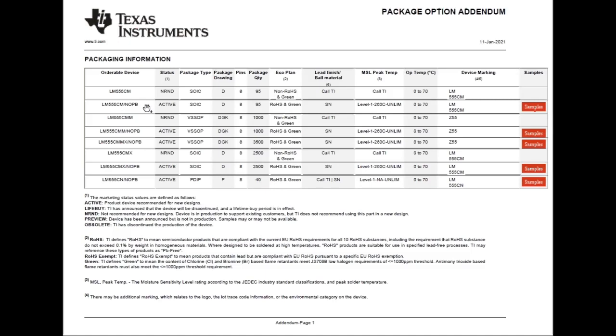If we are going for an SMT component, the part number for the SMT component could be this, like LM555CM, it is active, and the package is SOIC. If you are looking for a different package, we can see the different package. Every combination gives a unique orderable part number. You can find other details as well, such as the package and device marking.